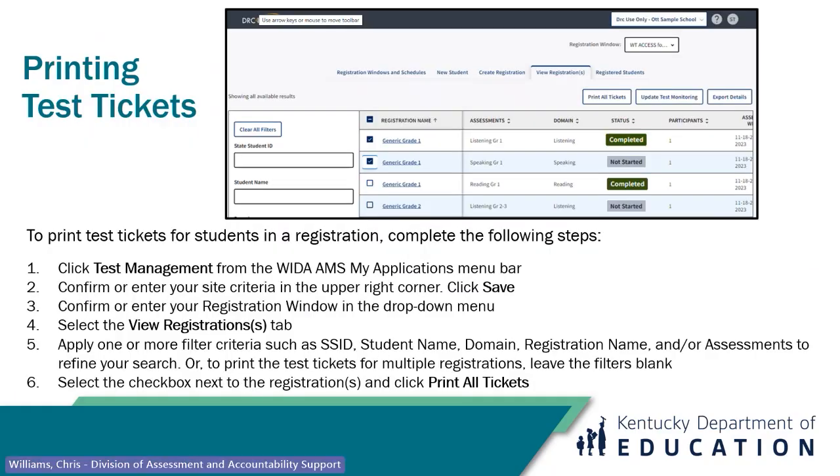Also, printing tickets. It gives you step-by-step instructions of how to print out tickets, and you should know that district and school staff must keep test tickets secure before and after testing for the WIDA Screener Online. You also must maintain test security throughout the screening process: before testing, during testing, and after. And note, if the Print All Tickets